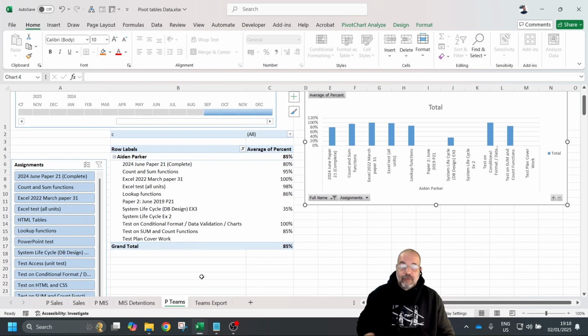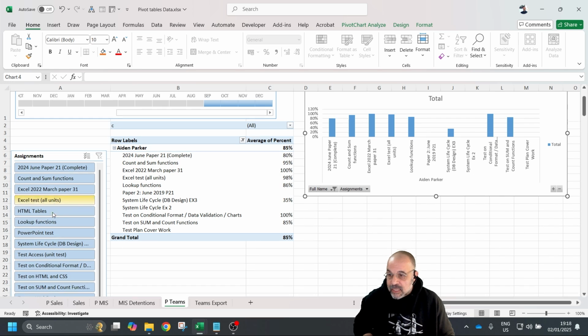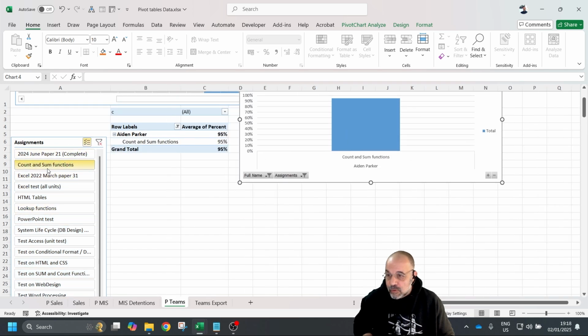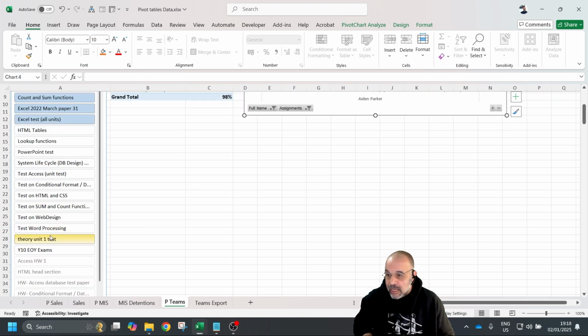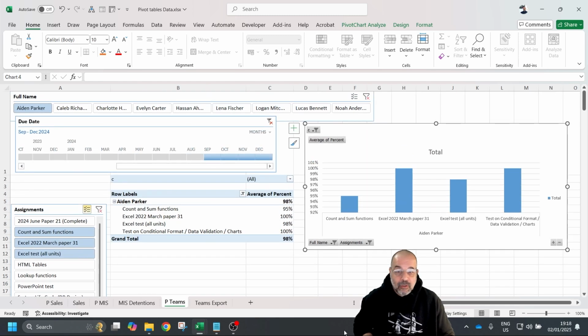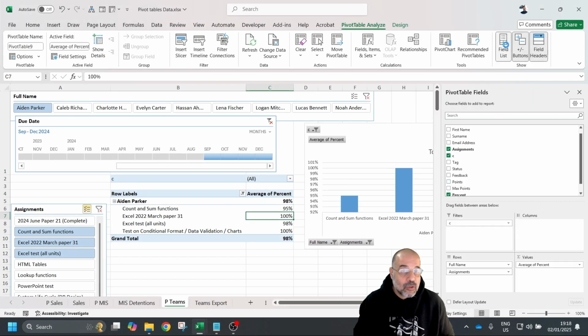period there. And if I want to reduce the test, let's say I'm only going to look at the Excel tests or anything to do with Excel. So let's just choose multiple, count, sum functions, Excel, and conditional formatting. There we go. And I can see the average percentage on those tests. Add things. Now, the one thing that I haven't done with this one here, and I need to do again